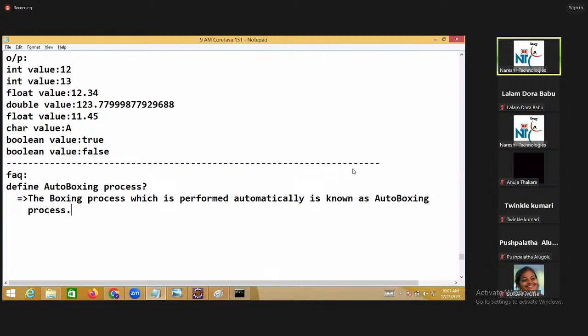The boxing process which is performed automatically is known as auto boxing process.